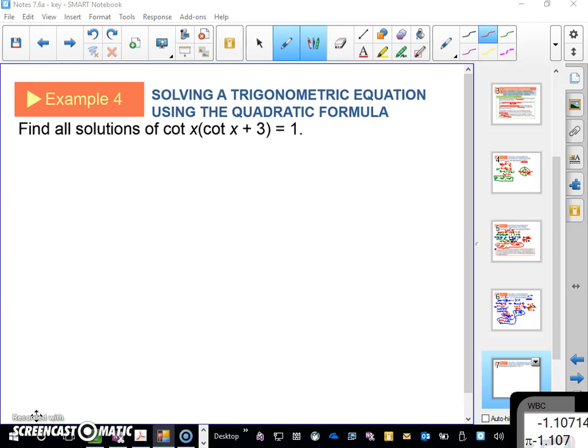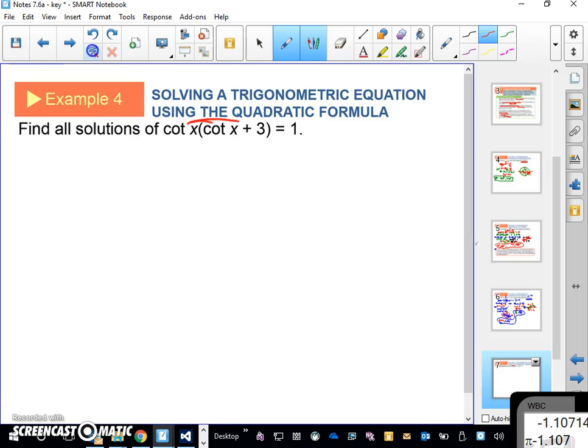Example 4, I see more than one variable term, and so I immediately know I can't isolate. It means it's going to be a little bit hard. In that case, I want to try to factor. If I can't factor, I'll have to do something else. So let's see. Okay. If I was going to try and factor, I'd need a 0 over here on the